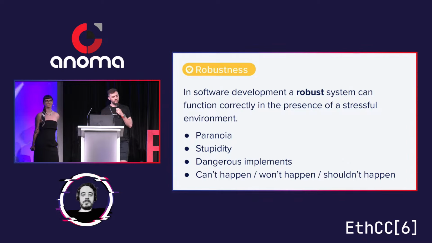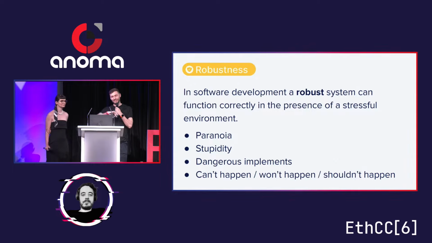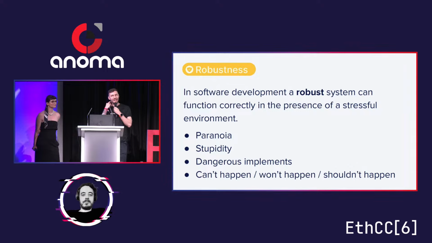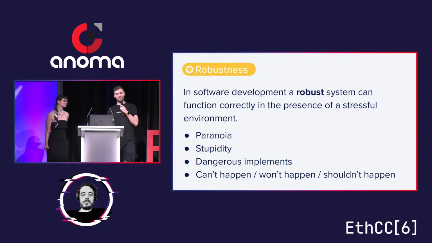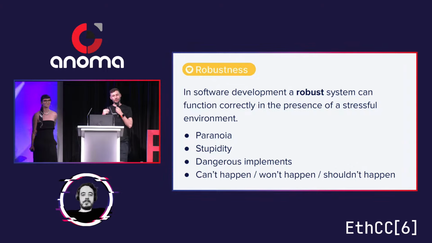So you have some principles. Think about paranoia. And paranoia is very easy to understand in the Web3 world because everybody is trying to destroy your product. So assume everybody wants to destroy your protocol, wants to steal your money, do all of that. The second thing is stupidity. It actually helps if you think about your user not being super, super smart.